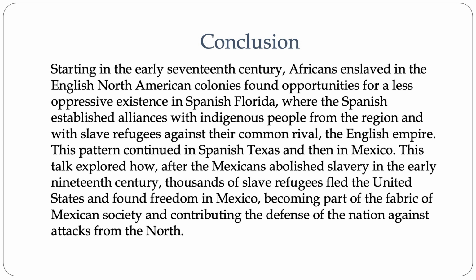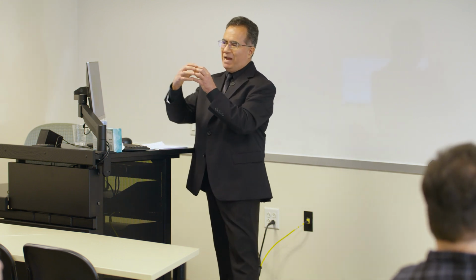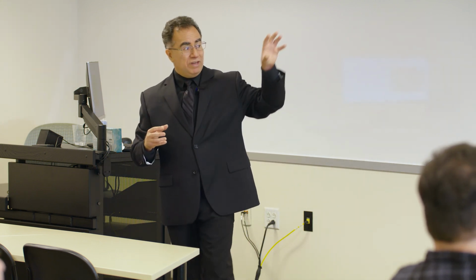This pattern then continued in Spanish Texas and then in Mexico. So this talk tried to explore how, after the Mexicans abolished slavery in the early 19th century, thousands of slave refugees fled the U.S., found freedom in Mexico, and became part of the fabric of Mexican society. My wife is from Ciudad Victoria, and that was a destination for African slaves. I had a student this morning that was from one of those towns in Coahuila where Black Seminoles went, which became a major magnet. This was one of the biggest webs,